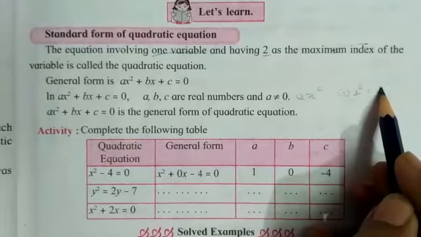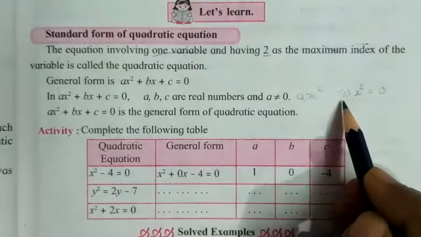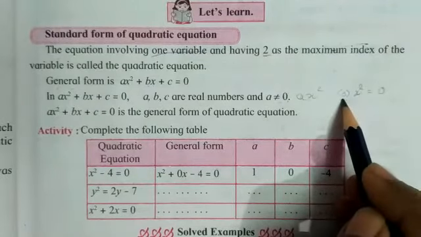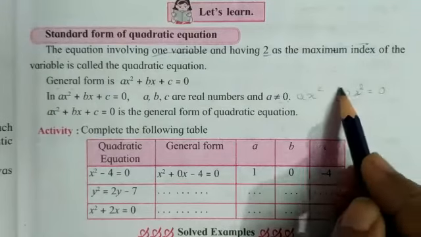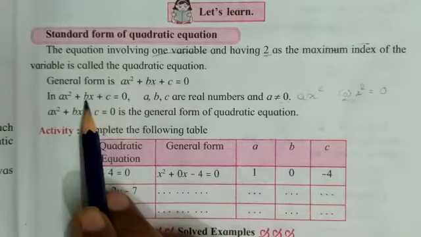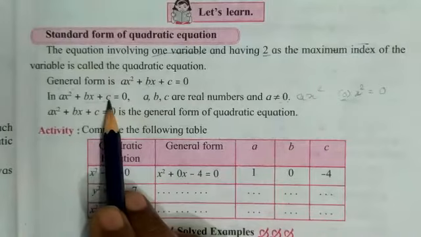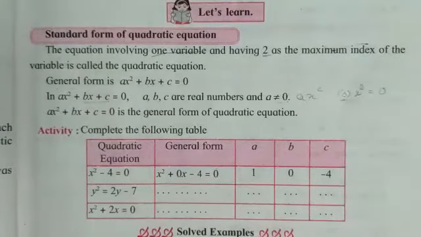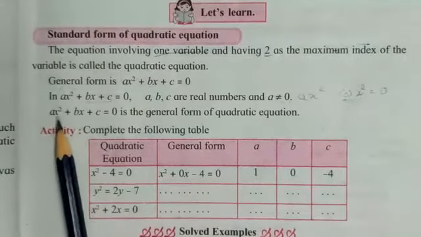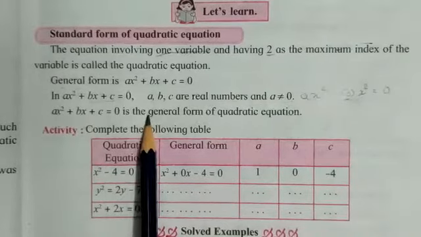The answer is 0. So the term which is giving the name to the equation, quadratic, the highest degree is 2. But if a is 0, the coefficient becomes 0, then this total term becomes 0. So here only bx plus c will remain, and bx has only 1 degree. So this will no longer be a quadratic equation. It will convert into a linear equation. So the condition is like this. The general form of a quadratic equation is ax square plus bx plus c is equal to 0.